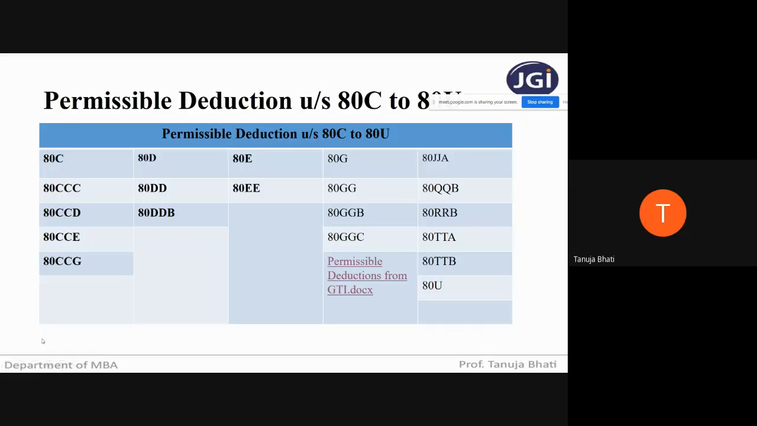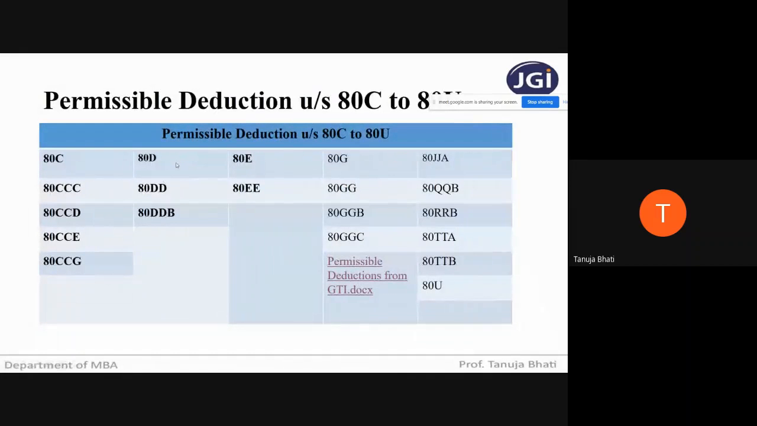1,50,000. Next, we have seen 80CCG. 80CCG is when an investment is made by an individual in the Rajiv Gandhi Equity Savings Scheme. Then you get a deduction under section 80CCG. Now let us see what was